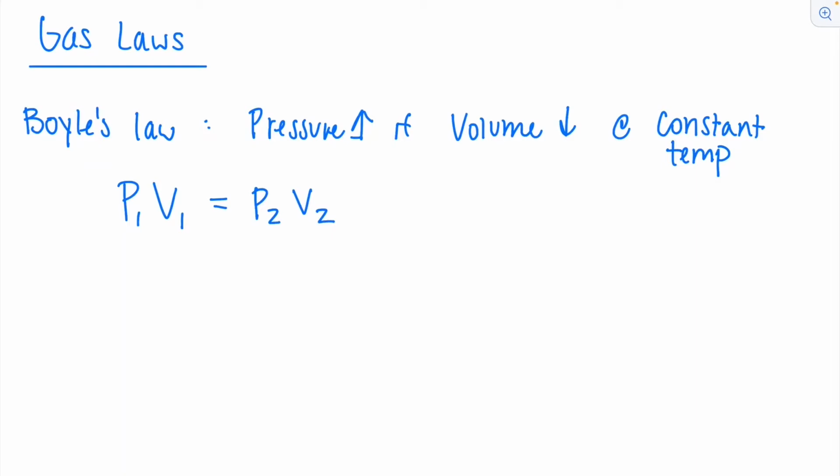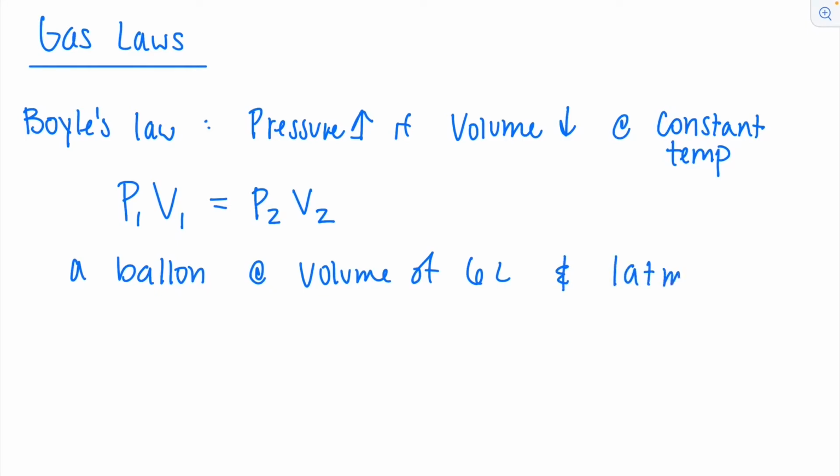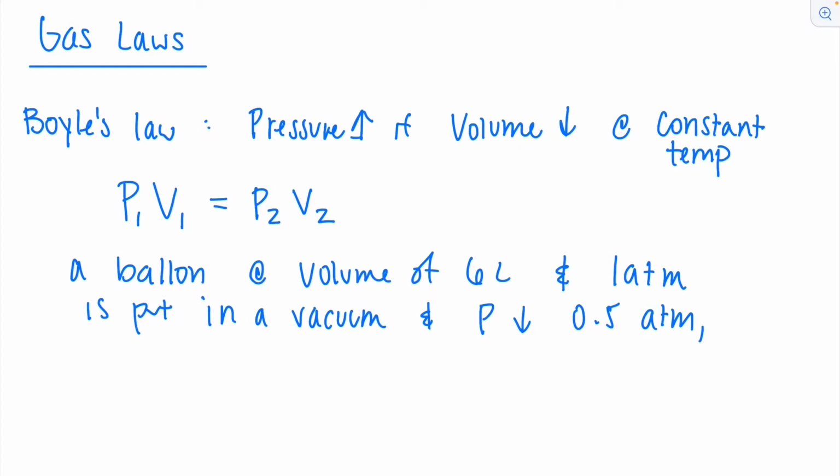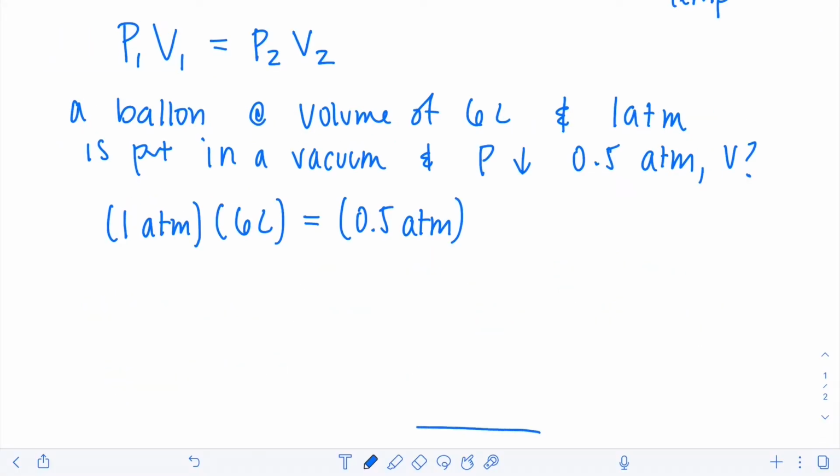And so if you had a problem that said a balloon at a volume of 6 liters and 1 atm of pressure is put in a vacuum and pressure decreases to half an atm, what's the new volume? So you'd put your variables into the equation. The initial pressure is 1 atm. The initial volume is 6 liters. The pressure goes down to 0.5 atm, because if you're in a vacuum, it's like a little bell jar, and